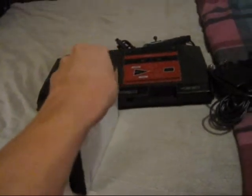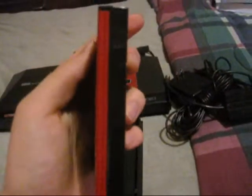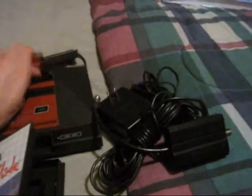So let me open this up if I can with one hand. There we go. So there is the cartridge for Thunderblade. Not very exciting. It's just the sticker and the title. There's not even an end label on these, which is kind of lame, but whatever. Just goes in like so. Just plop it in and take it out when you're done. And like I said, it's complete. It's got the instructions right here,